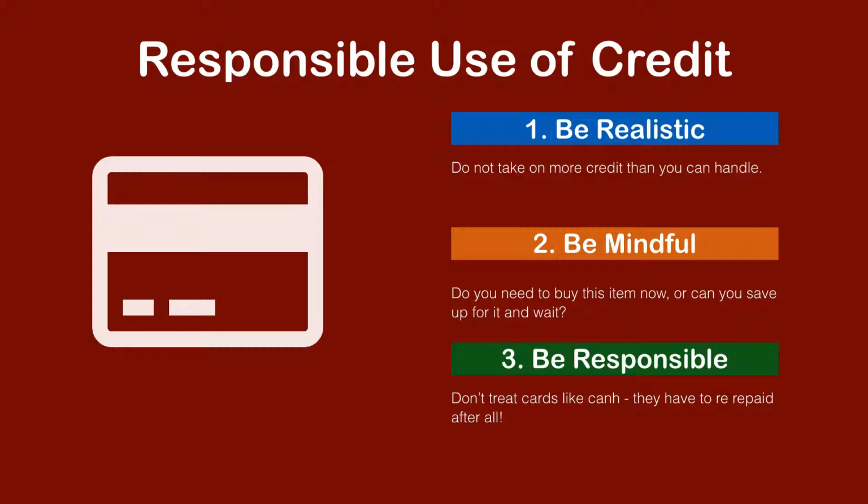Responsible use of credit. This is one of the trickiest parts of money management. In today's world, it is almost impossible to have a vehicle or own your home without some form of debt. At the same time, debt is expensive and can be crushing. Just making minimum payments on a credit card means years of repayment. Debt has grown so much that the average Canadian household owes nearly $100,000.